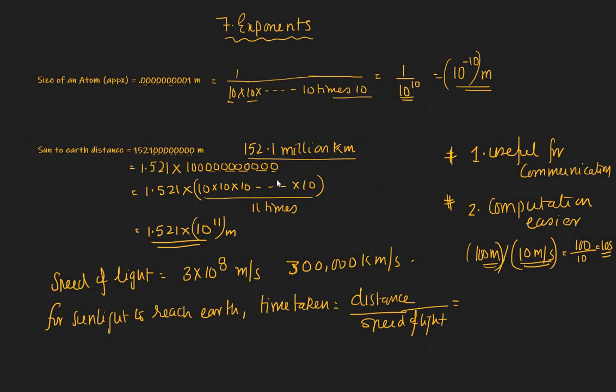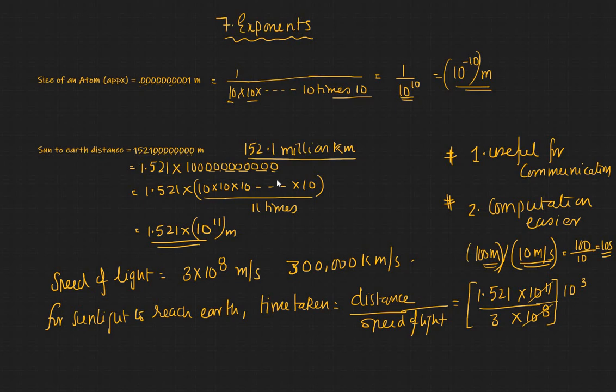So in this case, let's take 1.521 into 10 power 11 divided by 3 into 10 power 8, right? So in this chapter you're going to study how these exponents can help you for easy computation. So you will discover that you can easily cancel this and say, hey, this is nothing but 10 power 3,